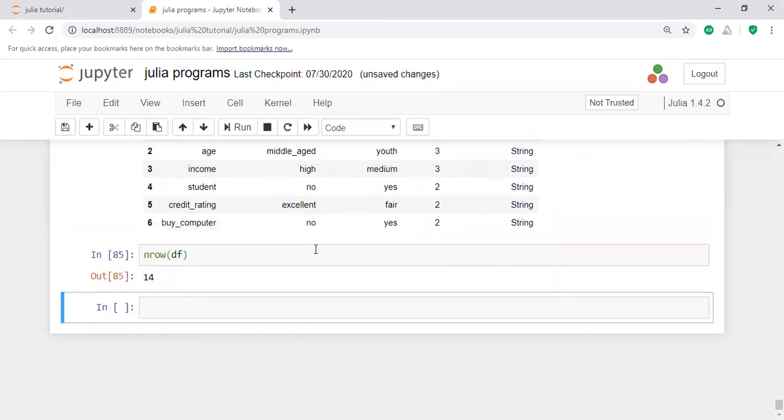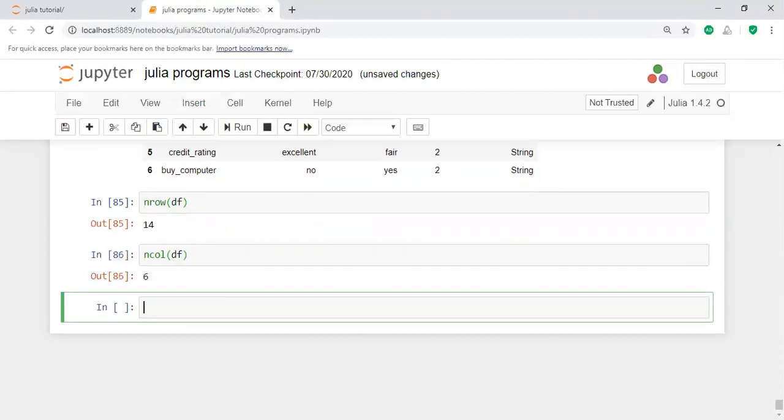How many rows are there? And then the number of columns also. The ncol function, number of columns, ncol of df, displays the number of rows as well as the number of columns. And then names.